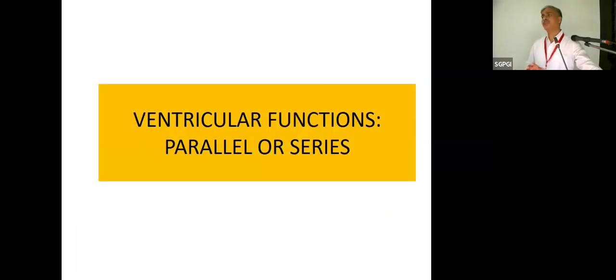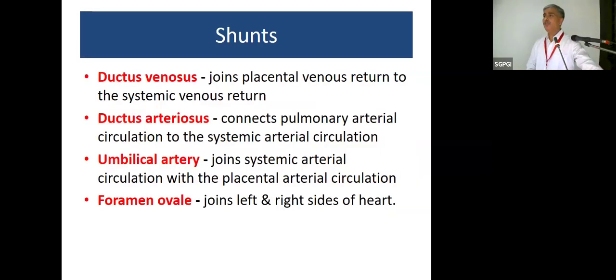Okay, so the first thing we discussed was ventricular function: how does the ventricle function in the uterine cavity or during the fetal circulation? We'll have to understand the few shunts which exist in the fetal circulation. There are majorly four central shunts we talk about. One is the ductus venosus, which joins the placental venous return, coming after oxygenation from the placenta, to the systemic venous return, which has to go to the heart to be pumped into the body. The ductus arteriosus, which primarily connects the pulmonary arterial circulation to the systemic arterial circulation, so that